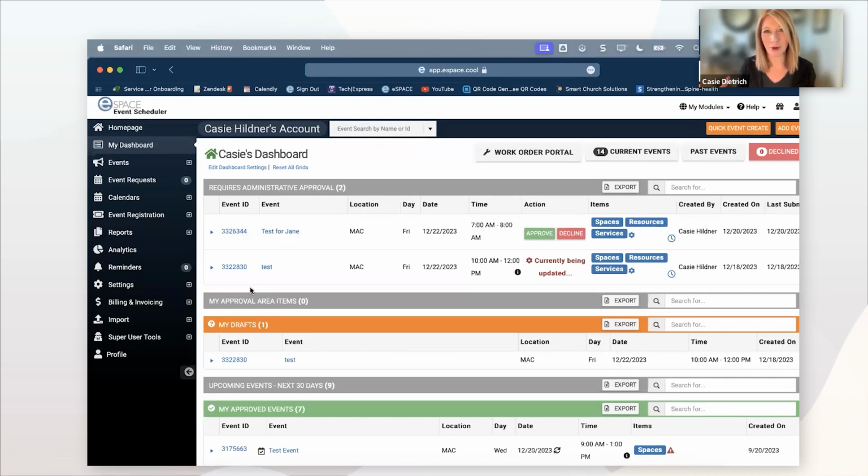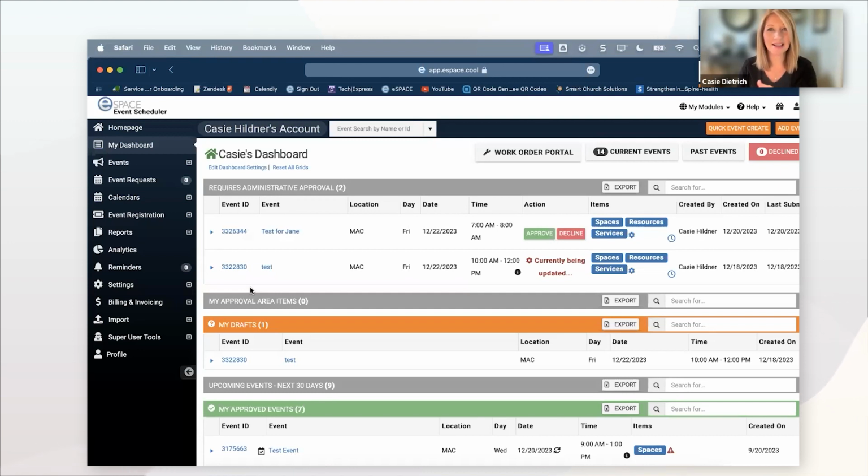So let me lay out a scenario for you. Maybe you are the church administrative assistant, or you have a church administrative assistant, and the phone rings and you have people call, whether they are members at the church or the school, or they're just maybe someone from an external organization wanting to see if they can host an event at your facility. Generally, maybe you're writing down details, or you are typing those into your own Google form or external form. Whatever the case, you're taking those details and then you're going to ask the proper channels if they can provide the services, if you can provide the space, things like that. But then you're having to go back and input all that information